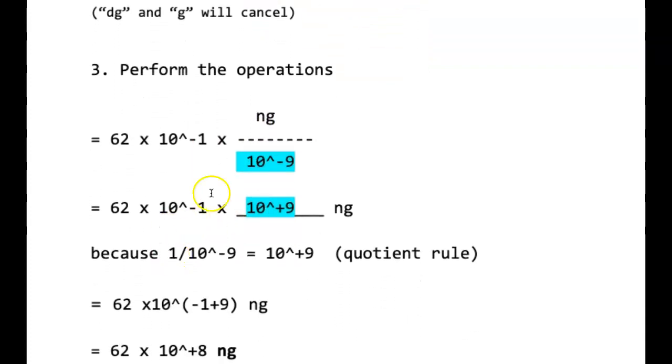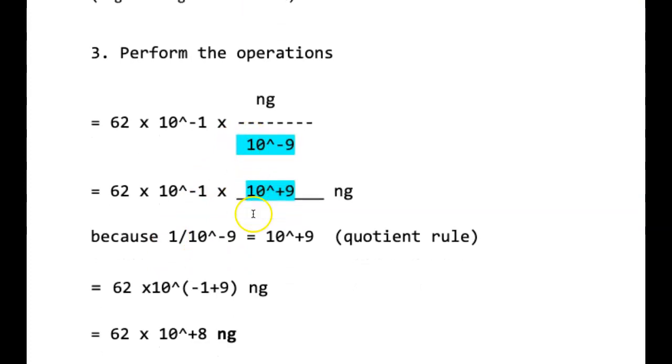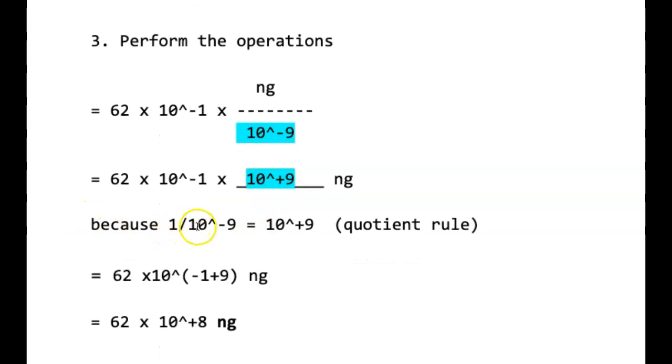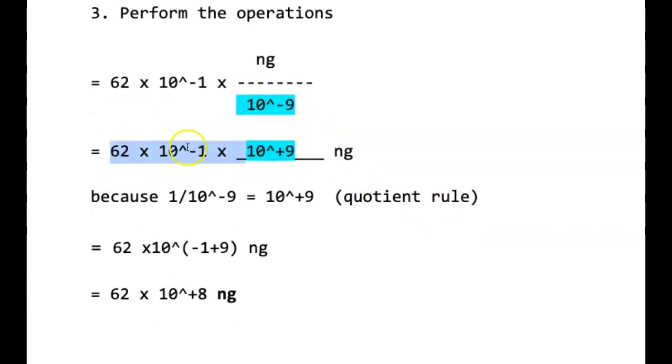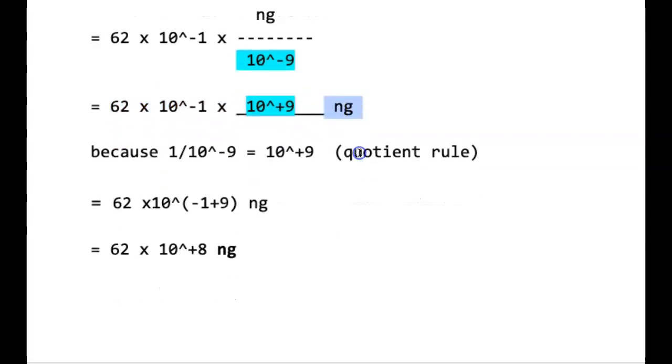We change 10 to the minus 9 to 10 to the positive 9 because 1 over 10 to the minus 9 is equivalent to 10 to the positive 9. We made use of the quotient rule here. So 1 over 10 to the minus 9 is 10 to the positive 9. So now we have 62 times 10 to the minus 1 times 10 to the positive 9 nanogram,